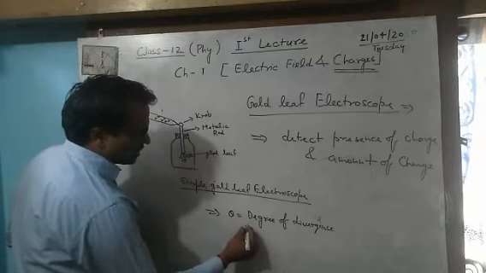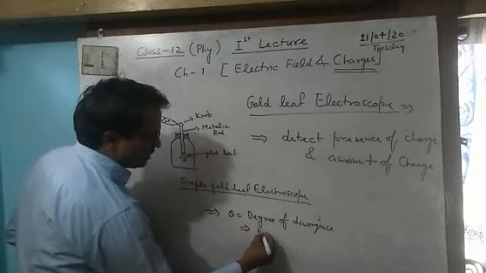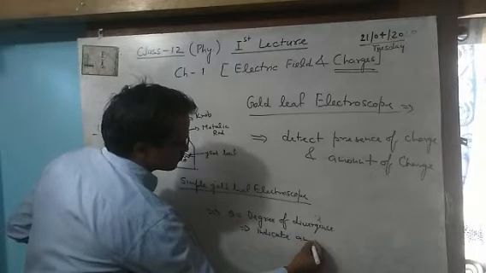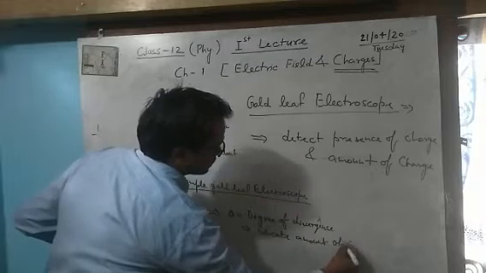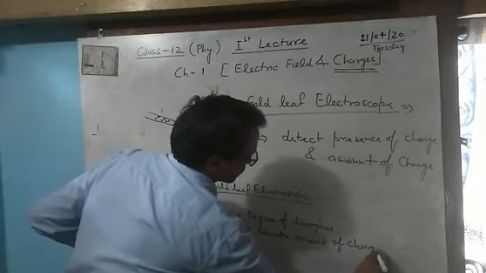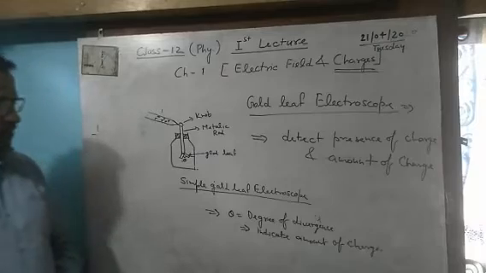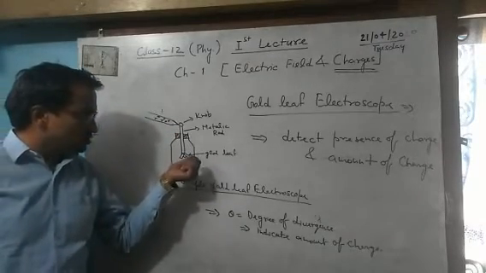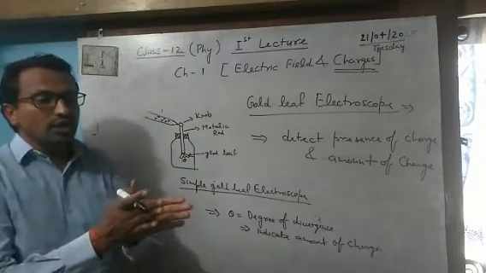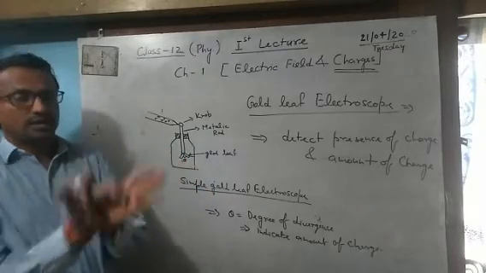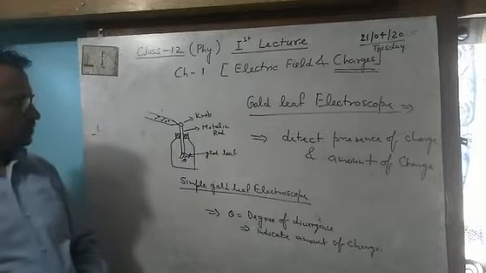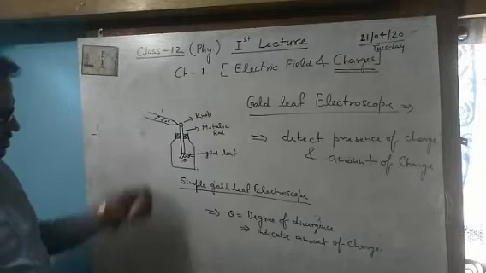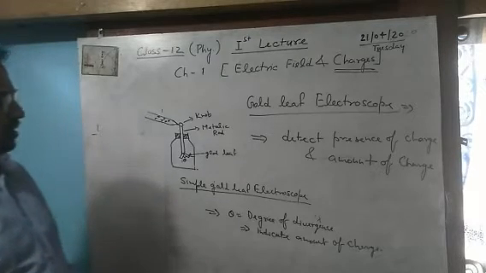We can say the degree of divergence indicates the amount of charge. अगर चार्ज ज्यादा होगा, ज्यादा इस गोल्ड लीफ को मिलेगा, तो उतना थीटा उसी रेशियो में बढ़ेगा। इस तरह से ये हो गया आपका गोल्ड लीफ इलेक्ट्रोस्कोप।